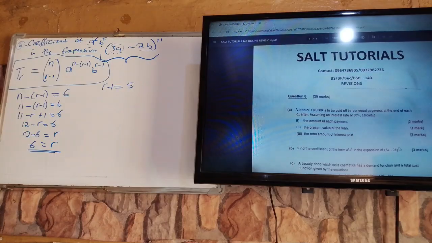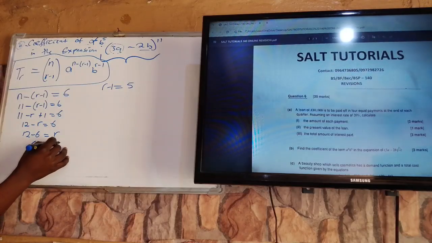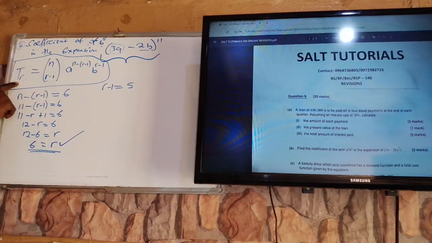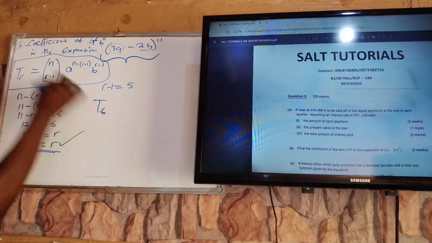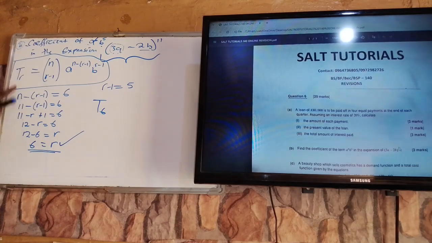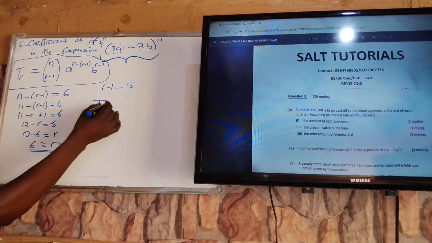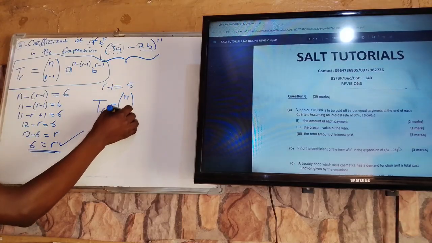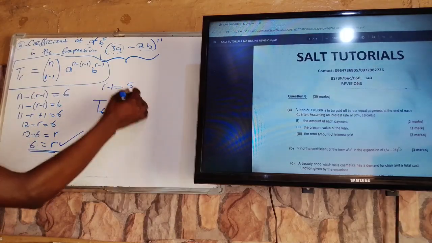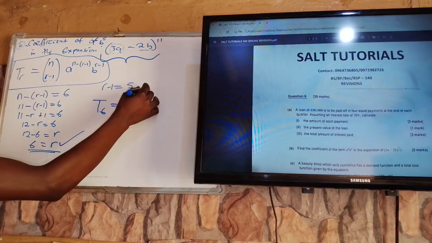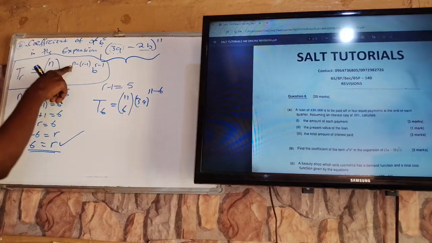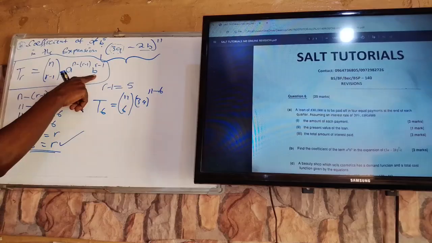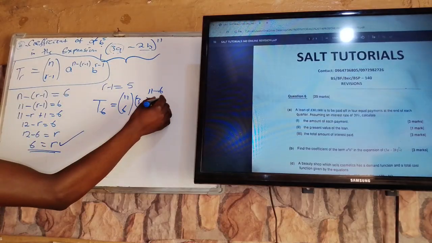So our r value is basically 6. In actual sense, if you found your value of r to be 6, then we are looking for the 6th term. So since r is 6, this 6th term will be equal to n, which is 11 combination 6. A is the first term, which is 3a power 11 minus 6, because it is n minus this. B, which is the second term, negative 2b,